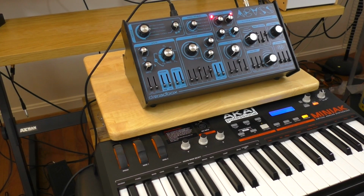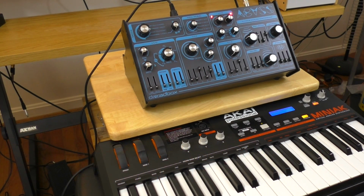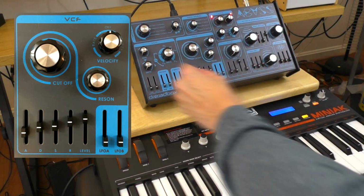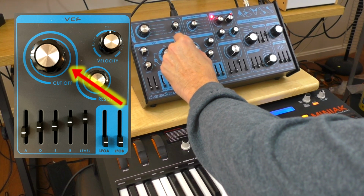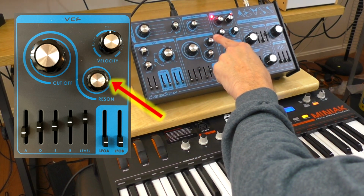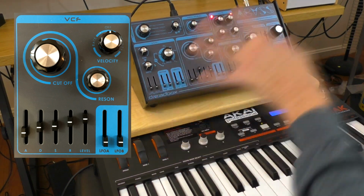This is the normal Murmux filter, 24 dB, and it sounds great. It's got that kind of ballsy presence, beefy, as I described it way back long ago in the first Murmux review I did. And here's how you control the filter: the cutoff, resonance, and unique to this, I think this is the first time we've had any kind of velocity input